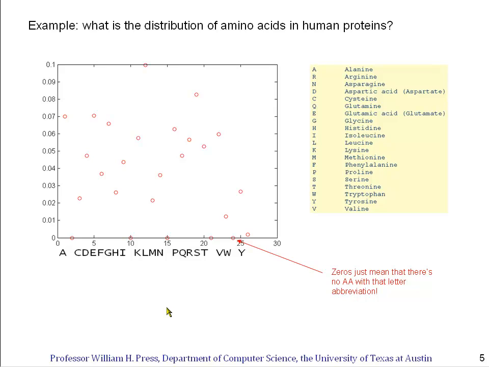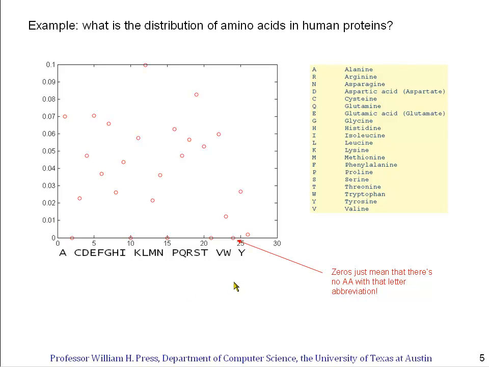Let's go back to our example with amino acids. What are the pi's? What is the probability distribution of amino acids in the human genome? So here, shown by letters, are the 20 amino acids. And here is their probability of occurrence. So for example, leucine up here, occurring with a probability of about 1/10, is the most frequently occurring amino acid in the human genome. W, which is this one over here, has the lowest probability of occurrence, slightly more than